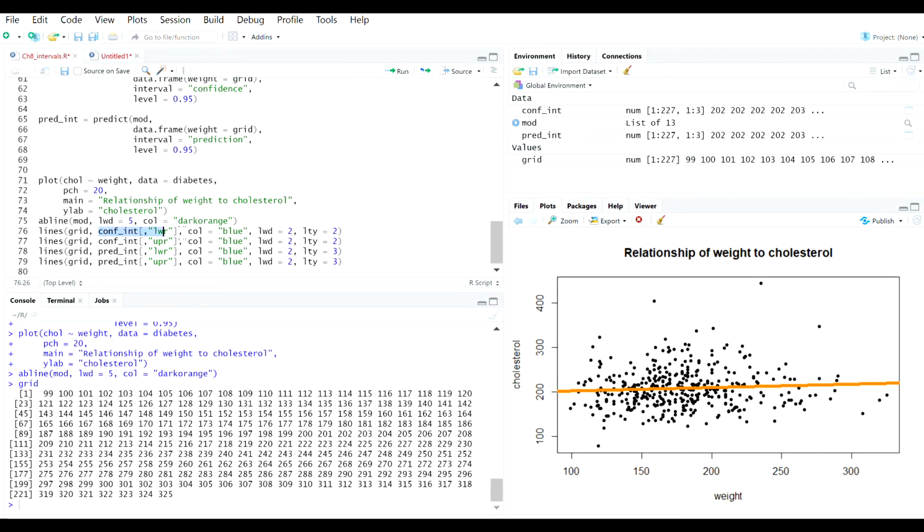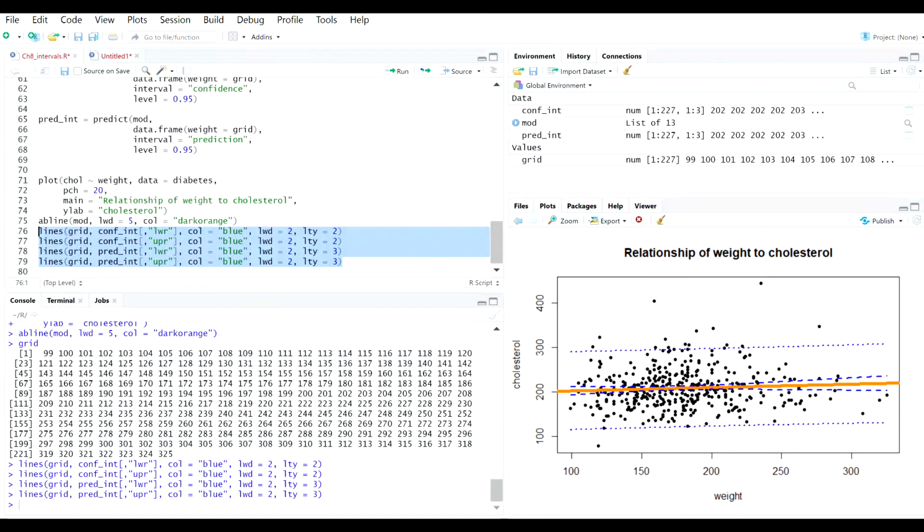Followed by the confidence interval lower value for each of these inputs. So basically, I'm taking confidence interval, but I'm plugging in this list of possible x values and outputting the lower bound of my confidence interval, and then doing the same thing for upper and doing the same thing for the prediction intervals as well. So then if I run these 4 lines on top, I'm going to have my mean response for y represented with this very narrow, hard to see bounds here. My prediction intervals are going to be these much wider lines out